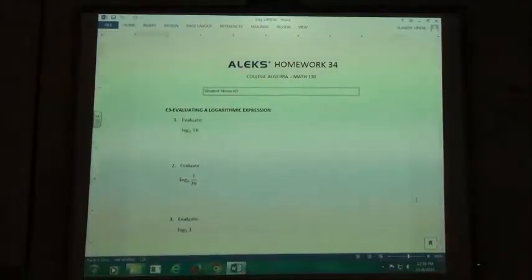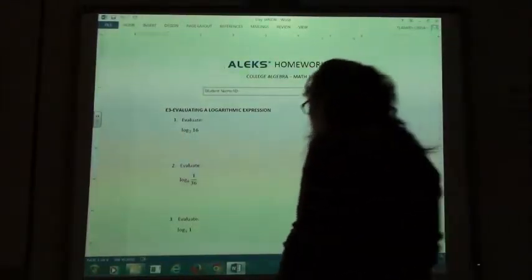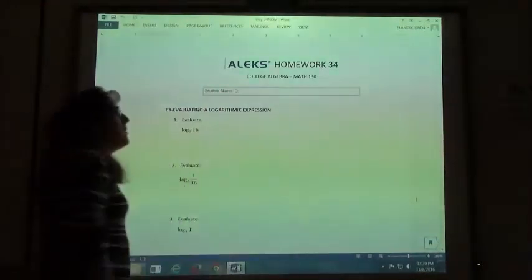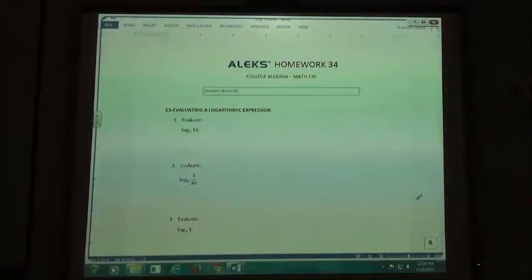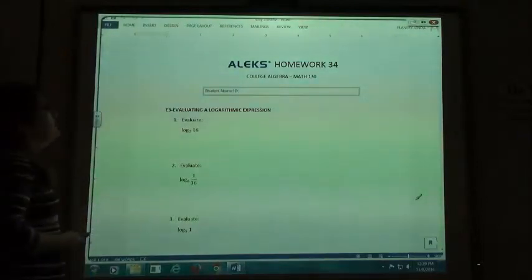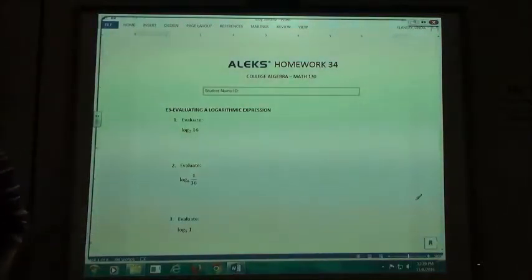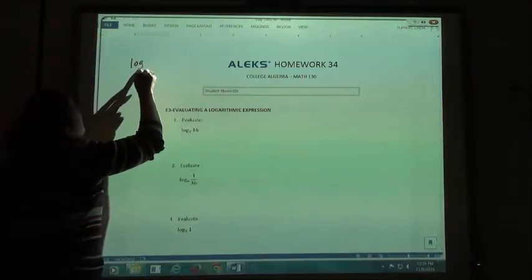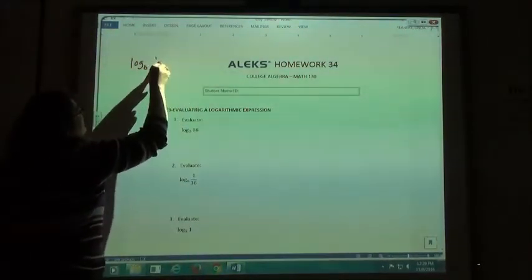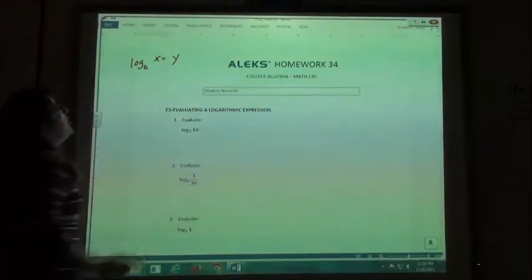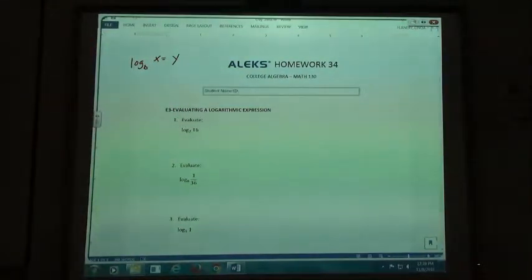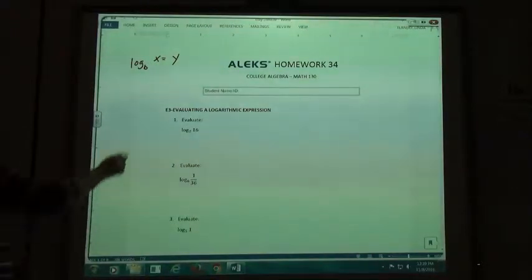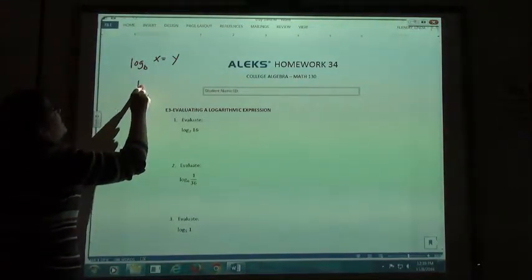All right, so we are going to evaluate some logarithmic expressions by basically doing what we ended with yesterday when we did the inverse. So I like to use x's and y's, Alex used a's, b's, and c's, but we said if we have the log base b of x equals y, we could rearrange it into exponential form by doing what? Switching the x and the y. So we would say b to the